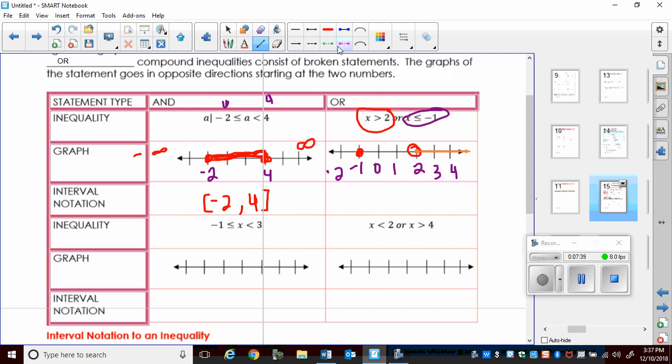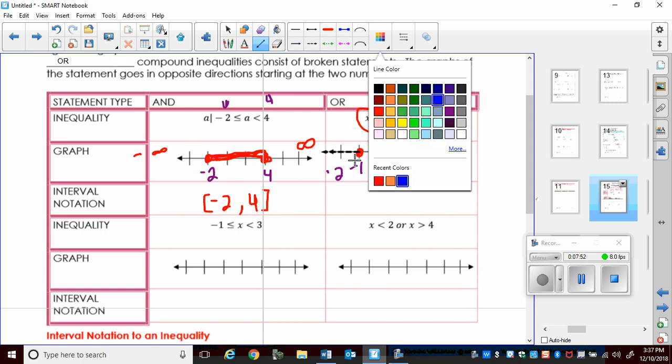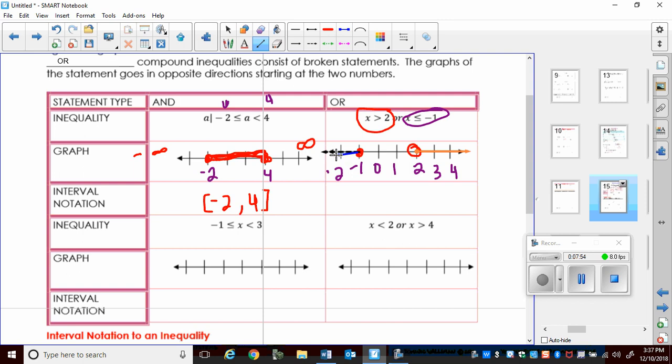And for the second opposite ray, I'm going towards the left. And I want to fill that in, so I'm going to pick a different color here. But that's what it looks like. It's two rays going in opposite directions. Okay. And the endpoints are numbers. So if I was going to write this,